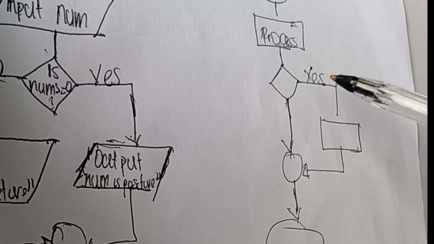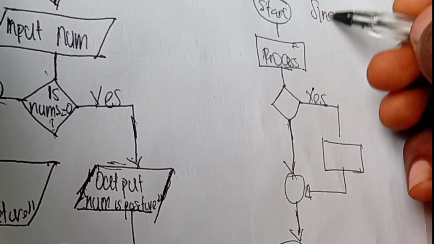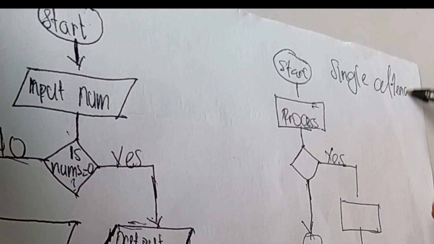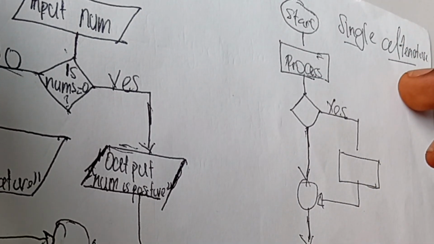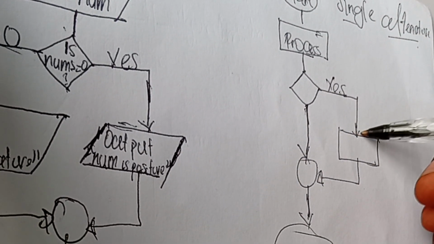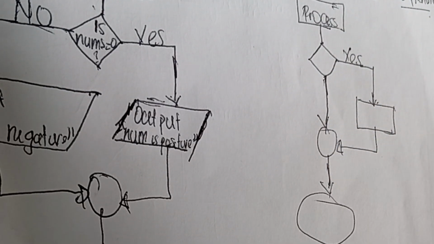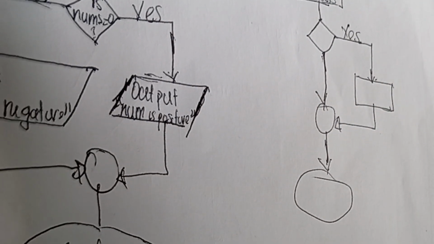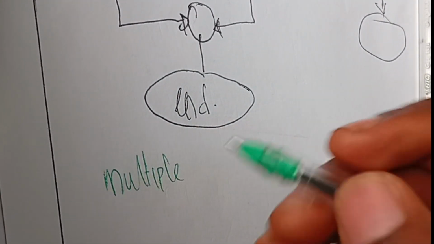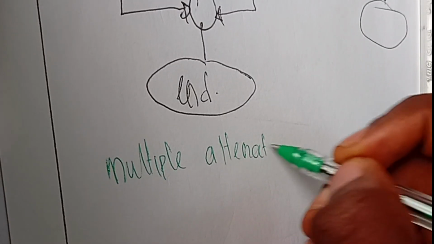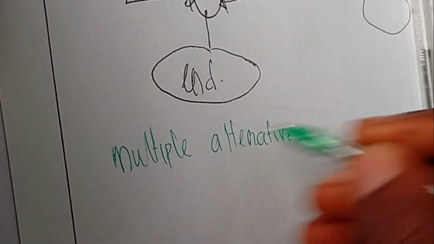So this is how the syntax of a single alternative looks like, because what I showed you guys last time was that of a double alternative. This is a double alternative and this is what a single alternative looks like. And yeah, so we also have the multi-alternative, like the multiple alternatives. The multiple alternatives is simply like multiple if else statements, like if else, if else, if else, and